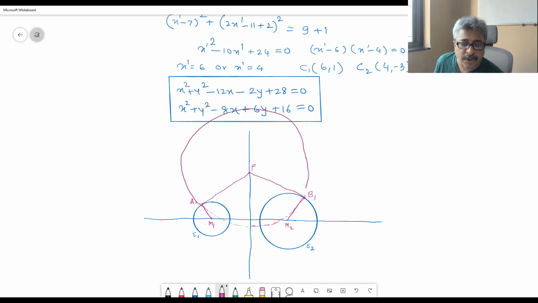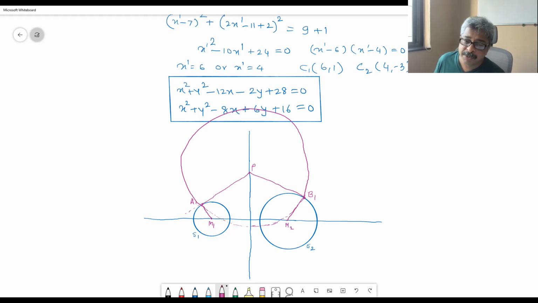Something like this. Okay. So this circle is orthogonal to S1, is orthogonal to S2. Why? Because the radius segments are perpendicular. This is a tangent, and A1M1 is a tangent to this circle. B2M2 is tangent to this circle, right? And now we want this circle to be orthogonal to the third circle. That is what we are looking for. And its center should be on the line M1M2.